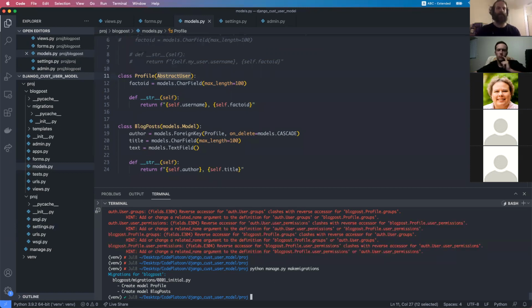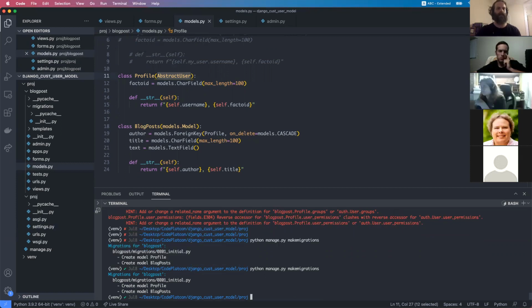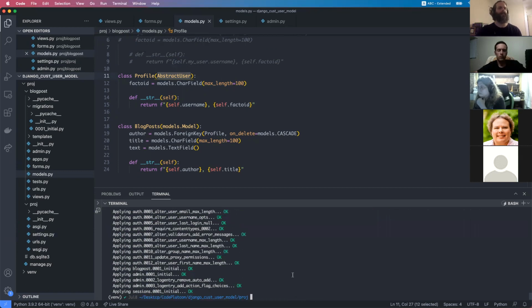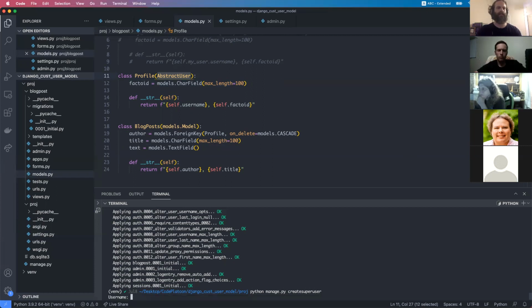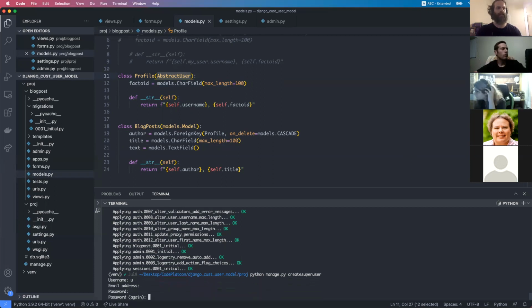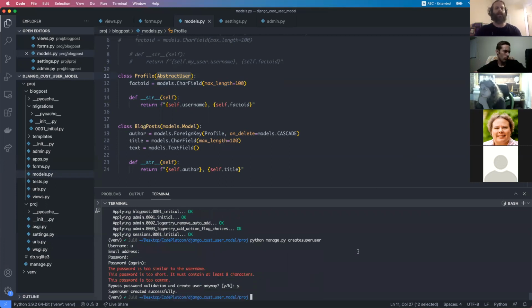Okay, so I can make migrations. And then I will migrate. All right, and there's a couple other things we have to do. I'm going to create a superuser as well. So python manage.py createsuperuser. Okay, so I have a superuser. The next thing that I'm going to have to do is